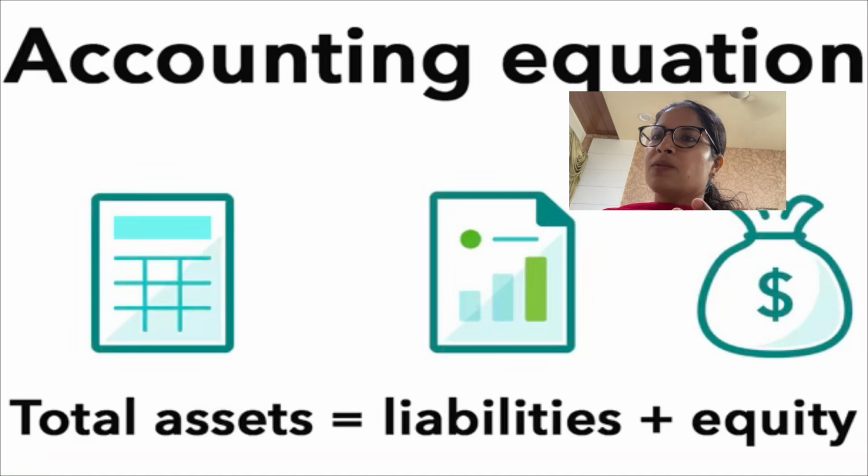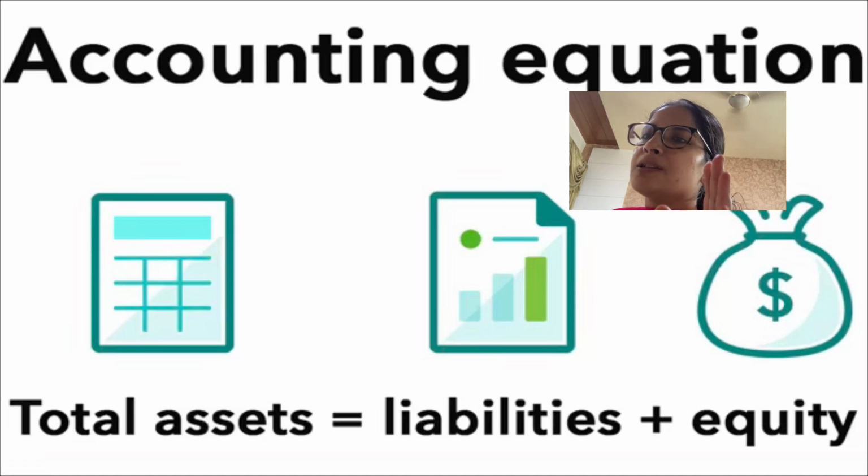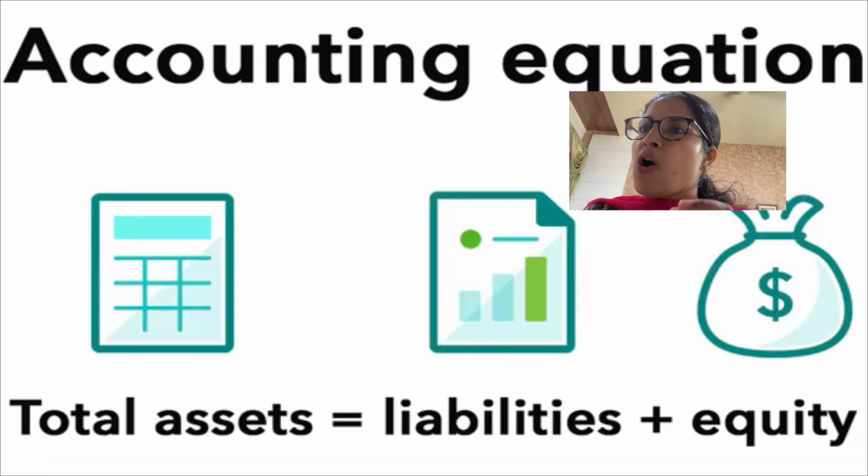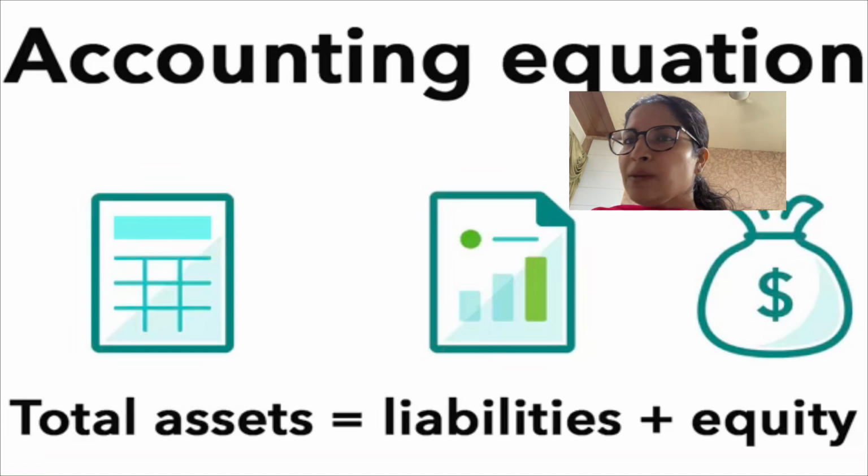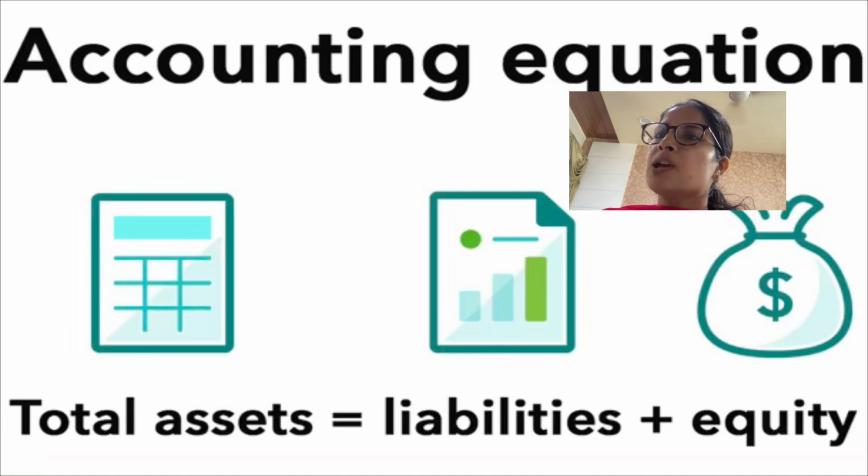Now the accounting equation completely relies on this double entry system of accounting, and it summarizes the double entry system by saying that the total of the assets of the organization at any point of time is going to be equal to the total of the liabilities and equity. If you pick up the financial statements of any organization at any point of time, you will find that the total of their assets is going to be equal to the total of their liabilities and